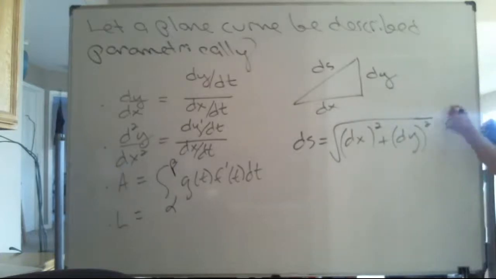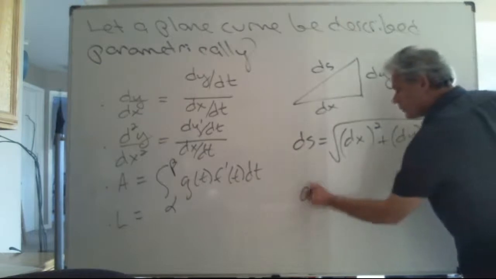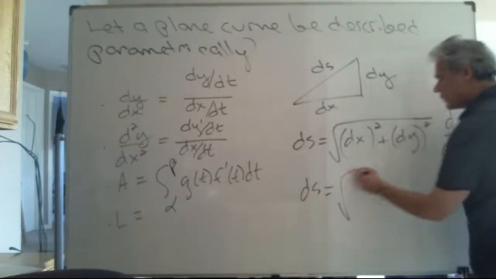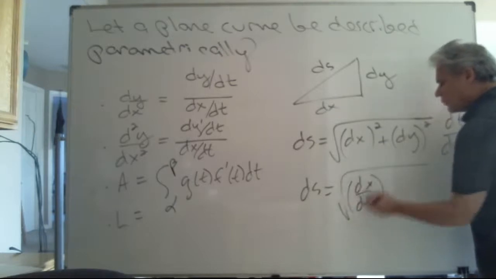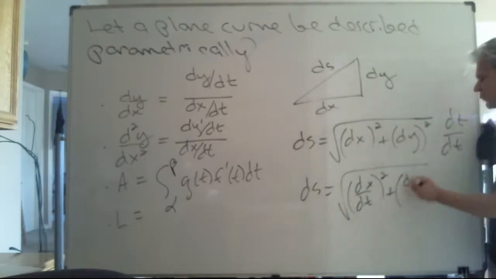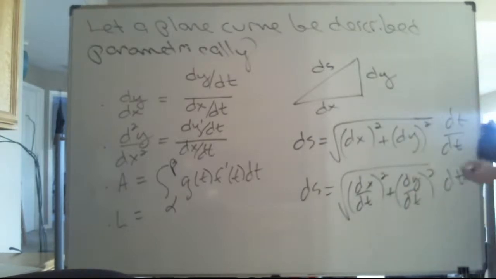If you multiply top and bottom by dt, treating them as differentials for a brief moment, we see ds as this. Now going back to derivatives, not differentials, that's what I have in these two sets of parentheses. Taking the limit of the Riemann sum,